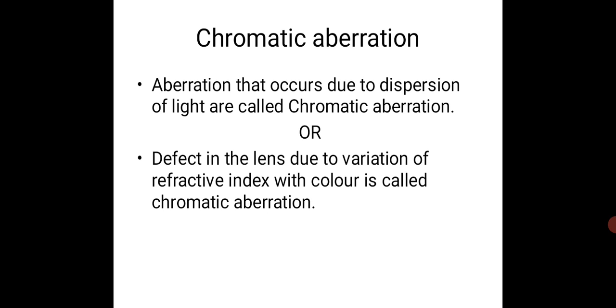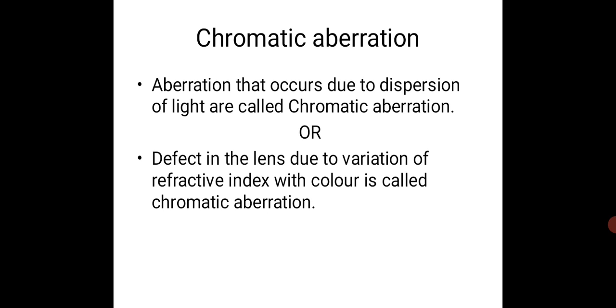image of an object, and it has two types. One is monochromatic aberration and the other is chromatic aberration. Mono means a single color wavelength, so there will not be any colored images for an incident ray after passing through the lens. So there will be a defect only in the shape, size and position of the image, whereas in chromatic aberration the colored images cause a defect in the formation of a single image for an